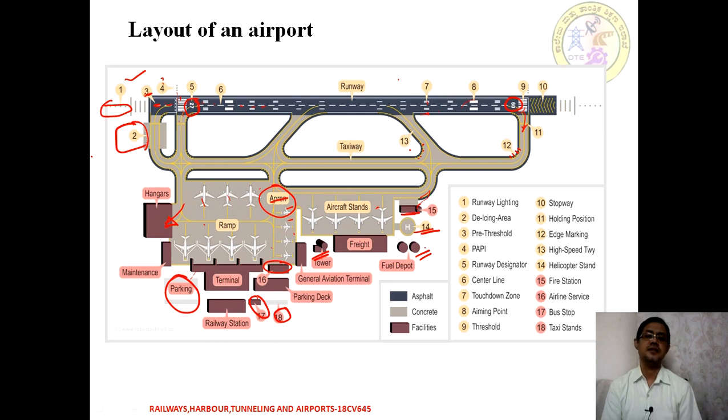So these are a few of the components when we are talking about the layout plan of an airport. More or less all these features are always going to be there. Say for example a railway station, but in some cases it is not possible, so we can operate direct shuttle bus services or express services can be provided. So that is the thing.